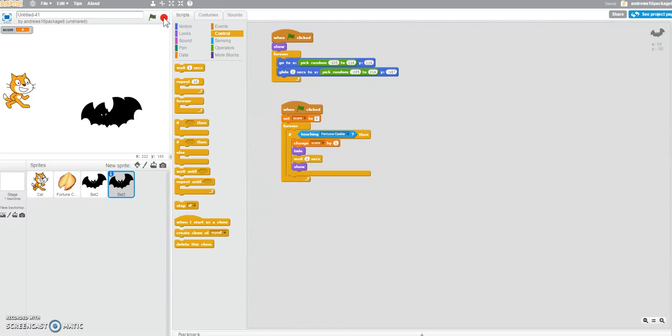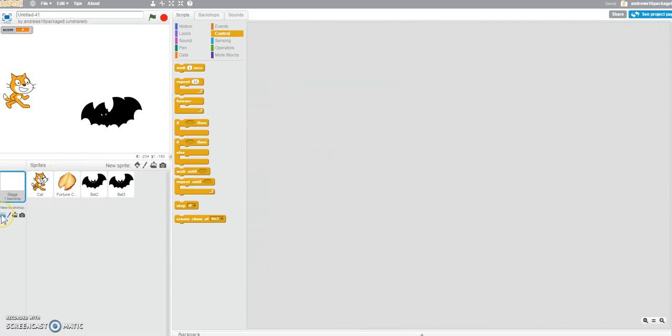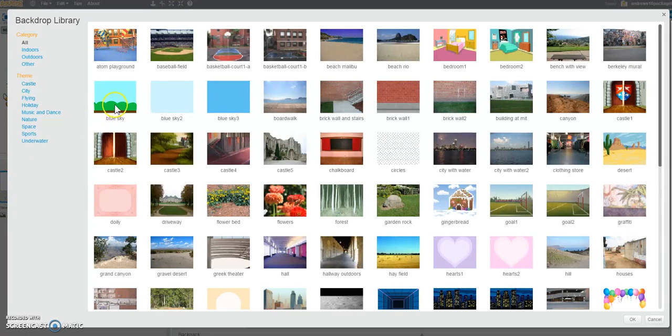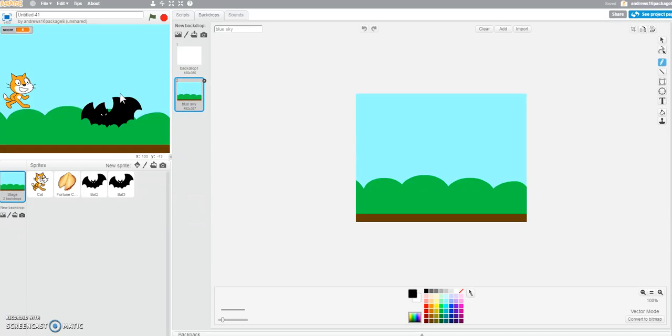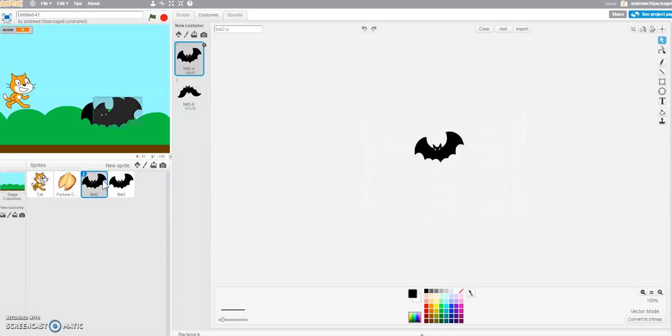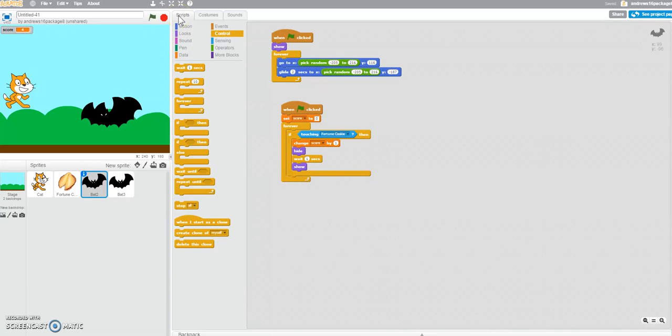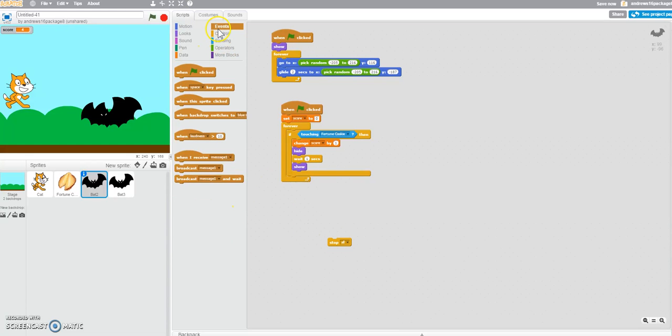So we need to get a background. Let's use the blue sky. Okay, that looks pretty cool. And I almost forgot. If a bat touches you, we need to stop all. So let's do